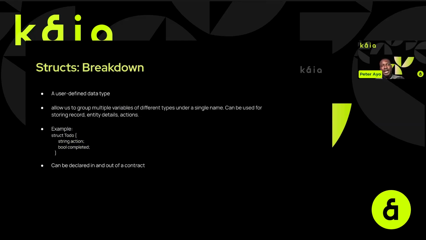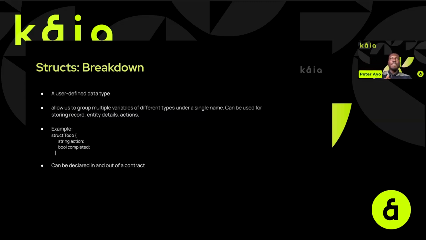So the next part is to explain some of these reference types, right? We mentioned that we have structs, arrays, mappings, and also strings. And so let's talk a little bit about struct. What are structs, right? A struct is a user-defined data type. It's like a bigger brother to enums, right? We said that enums are custom defined data types with constant values, while a struct is also a user-defined data type, right? You get to specify what type of data that you need to input in this